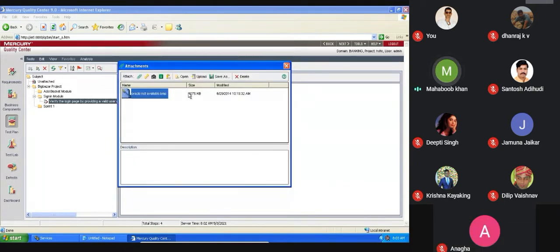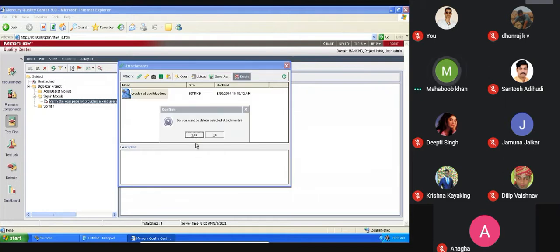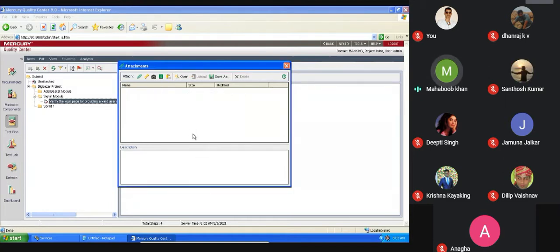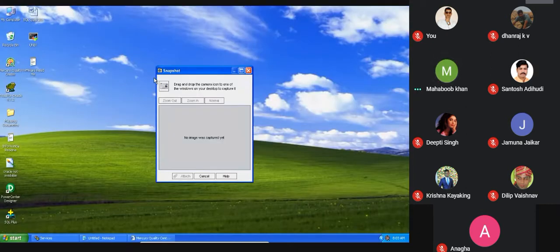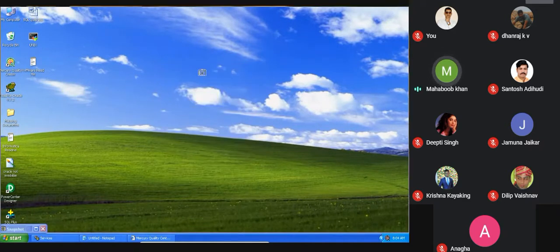Or imagine you don't have the attachment saved, but you need to take the screenshot. Yes, there is a snapshot option. When you click here, you drag and drop wherever you want to capture the window. So I will click on this icon. Once I click, I do not release the left mouse key.